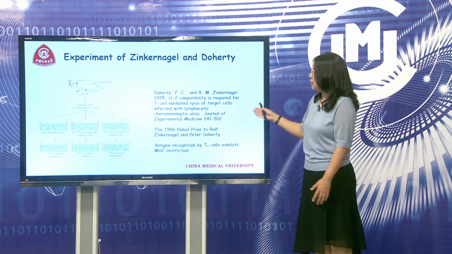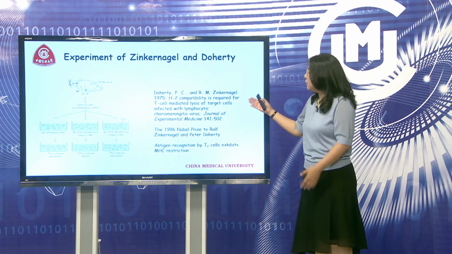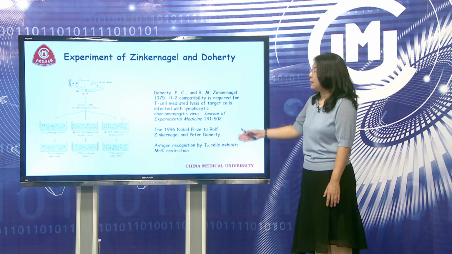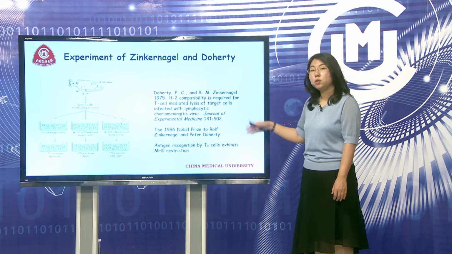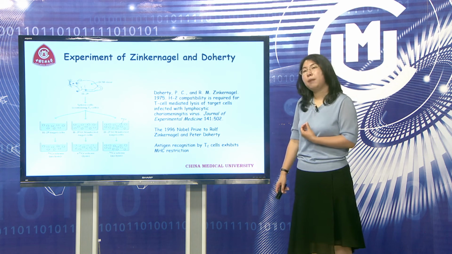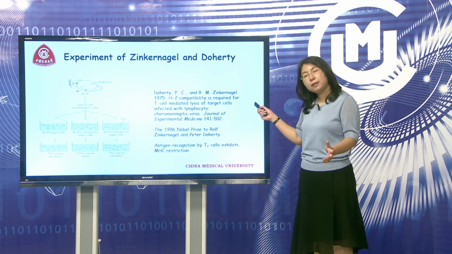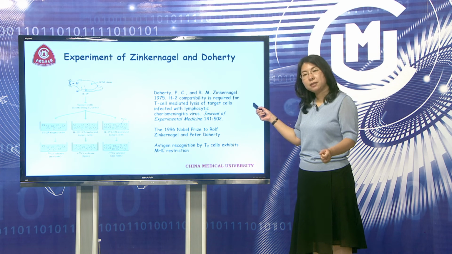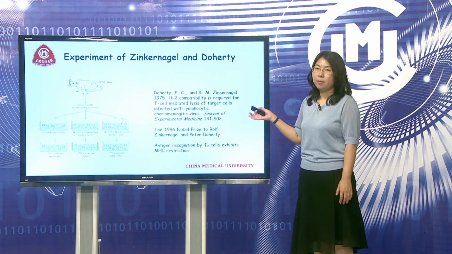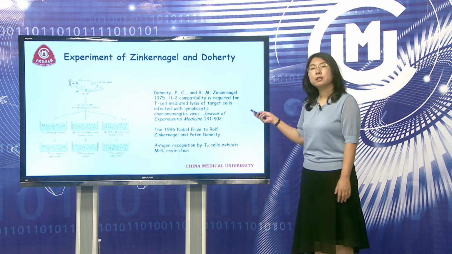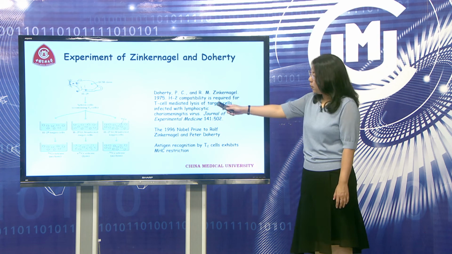And this experiment shows us the T cell recognizes the antigen with self-MHC restriction. Do you remember why we have this self-MHC restriction? Because our T cell passed one strict examination, right? What is it? Positive selection, right? During T cell development in the thymus, the T cell passed the first examination, we call it positive selection. So from this experiment, we can see